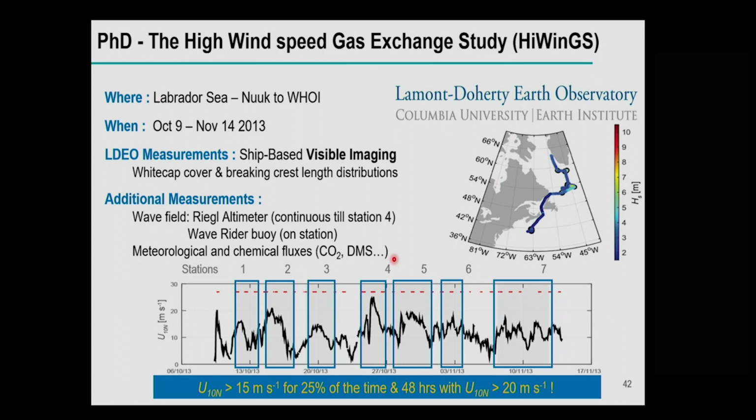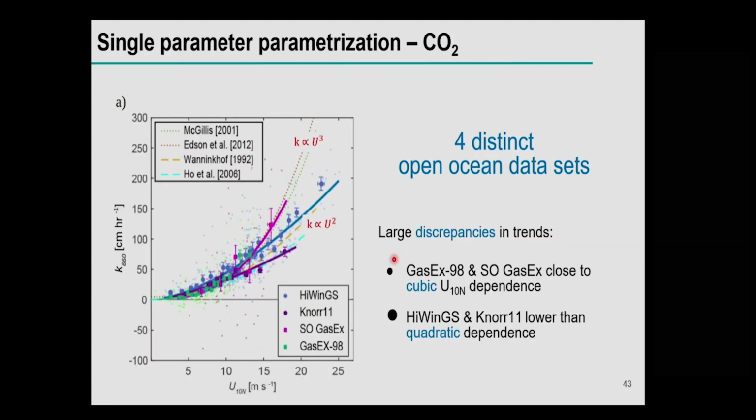England. So I got this HiWinGS data set, and here I'm showing you the gas transfer velocity for CO2 from this data set in blue, and from three other historical data sets. They show nicely the divergence that I've shown you before. At high wind speed, depending on which data set you pick, you have either a cubic or a quadratic